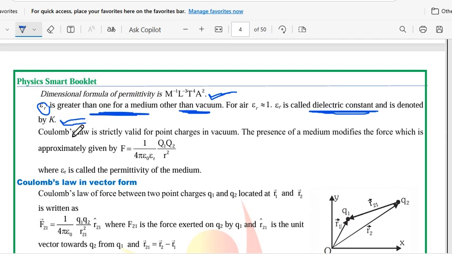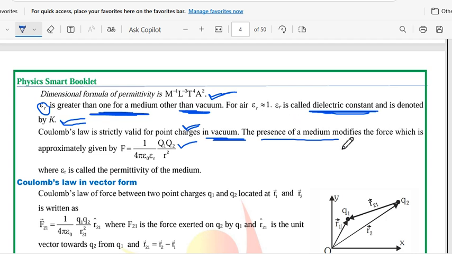Next point we need to remember is Coulomb's law is strictly valid for only point charges in a vacuum. Now, the presence of a medium modifies the force, which is approximately given by,